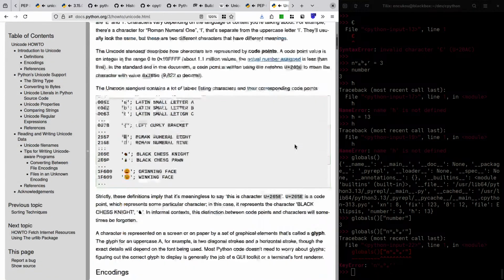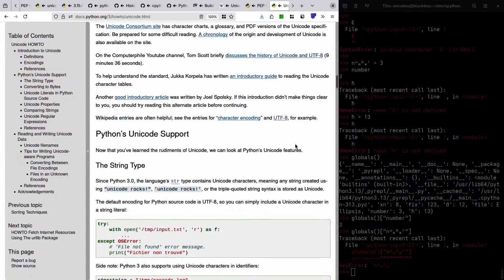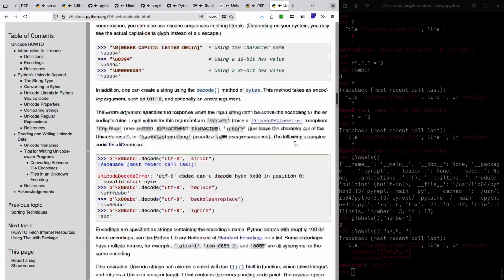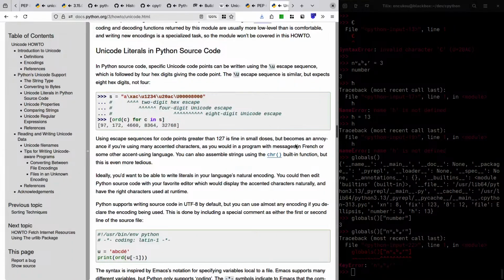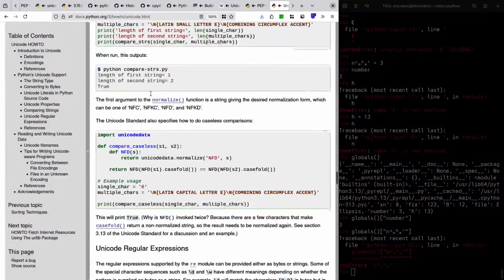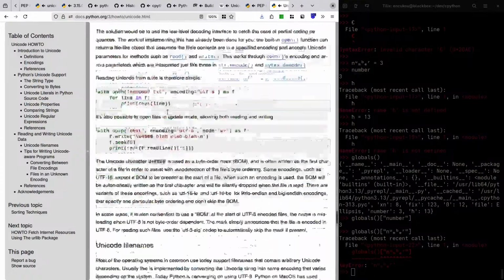In fact, what we may want to do is update the Unicode how-to to include a link to the lexical analysis, in case somebody has started there and they're curious about how the lexer handles this.